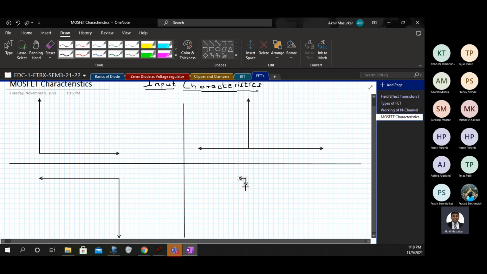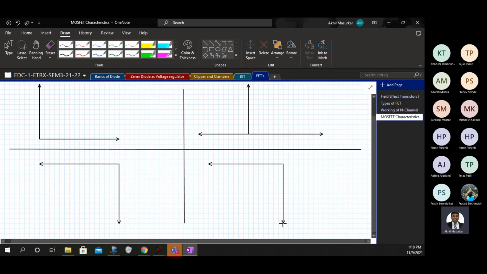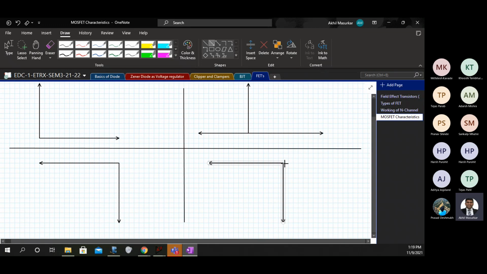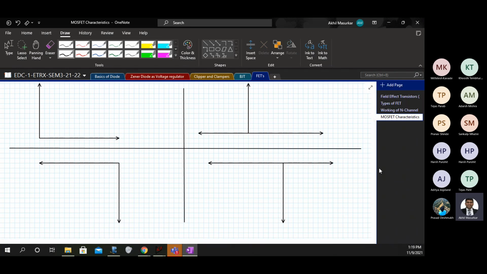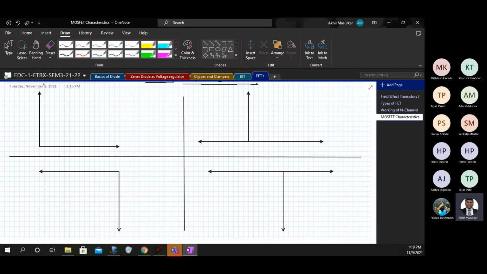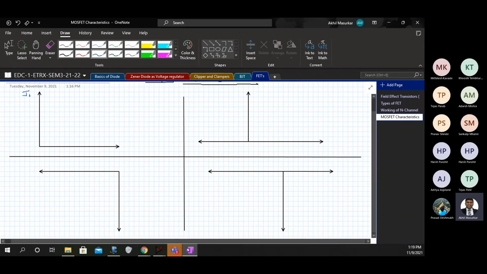So let's draw this first. And now what is there on X and Y, we'll just write that.